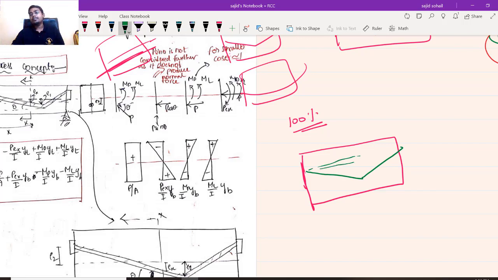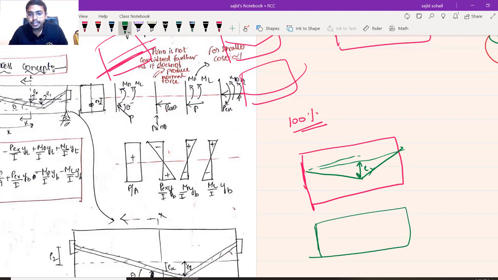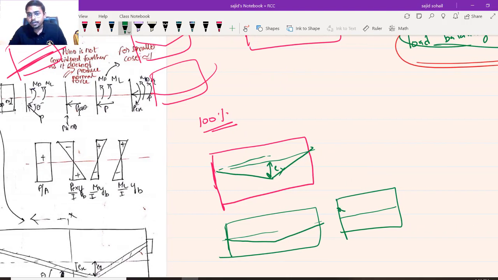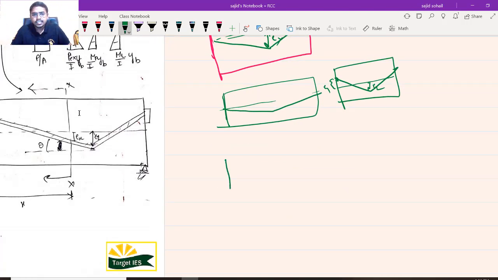Let us say there is a beam like this and eccentricity is Ex. Let me make it very clear: not always your pre-stressing starts from the neutral axis and ends at the neutral axis. There is no guarantee of that. He can give you pre-stress in whatever way it is required. He can start from here and go up like this also. Here you will be getting a certain E1, here a certain E2. It is up to the examiner, wherever he wants he can give, but the concept is same.